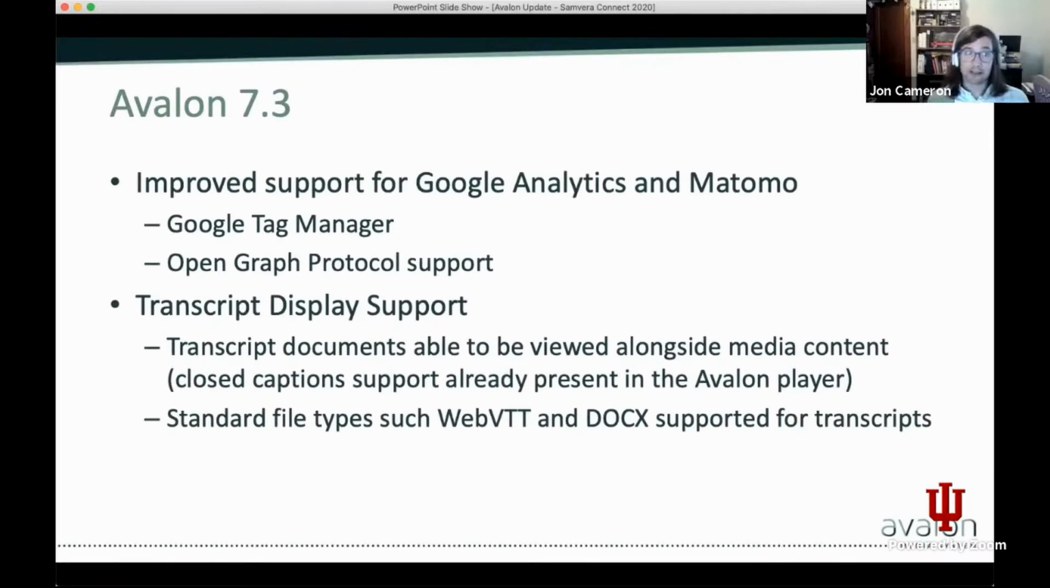The things we want to target here are improved support for analytics. In particular, adding Google Tag Manager tags for representing semantic information within the page. Right now, if you run analytics on an Avalon site, it's a little hard to parse because of the way Avalon is set up. We want to make it easier for people to say, what's the usage in this particular collection or among this set of items, and to drill down in a much more meaningful way. The other thing we want to add is Open Graph Protocol support, which is those,